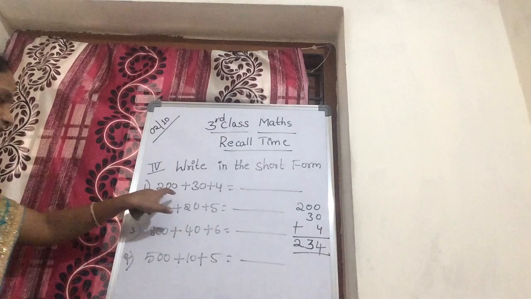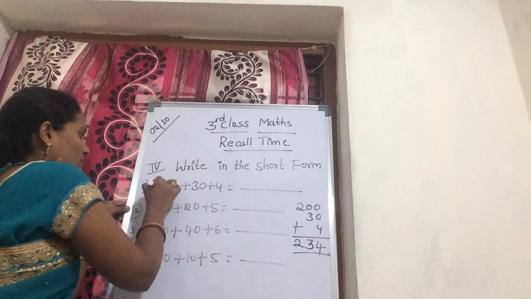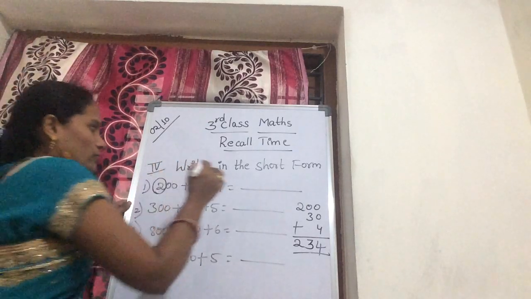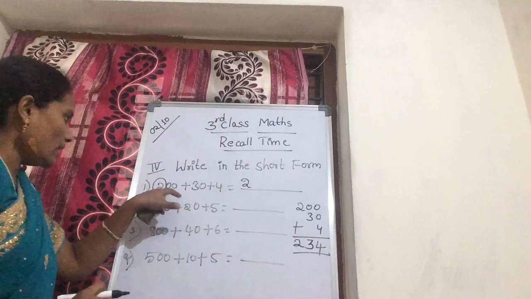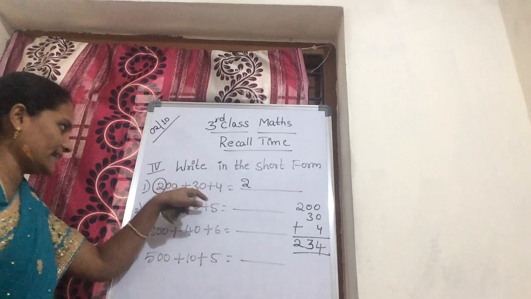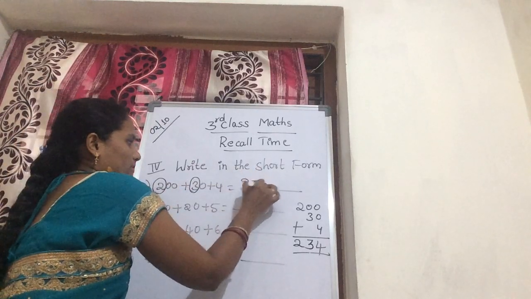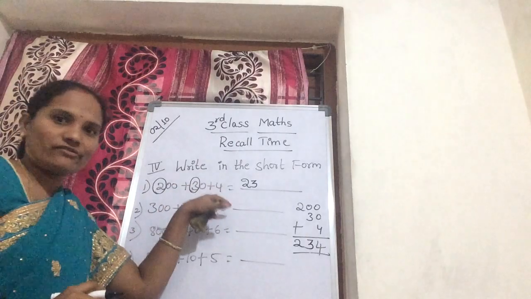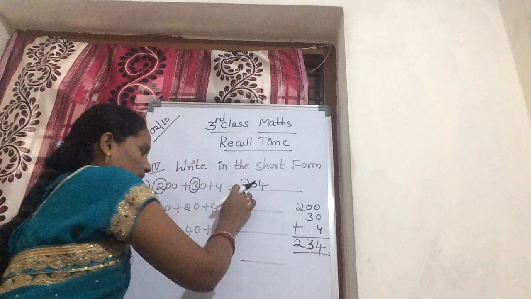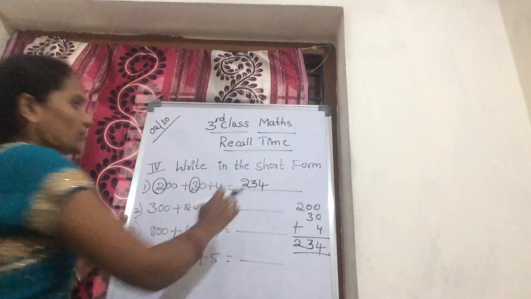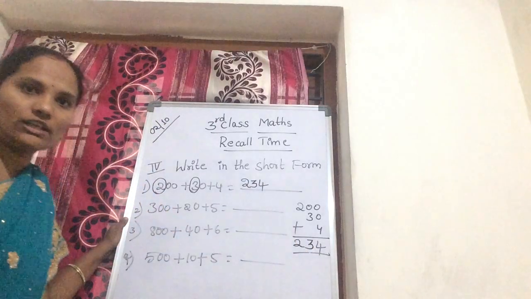The other method is what? This number in hundreds. In hundreds, which number is there? The first number is 2. So first you write 2. This is 200. Now next, let's see after hundreds, the tens. In tens, 30 is there. So the number is 3. Yes. Next you write 3. Now next, the ones. So you should write 4 after. What is your number? Which number do you get? 234. Here also you get 234. These both are equal. Okay, children.